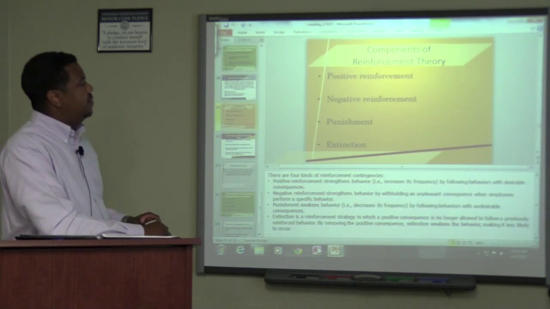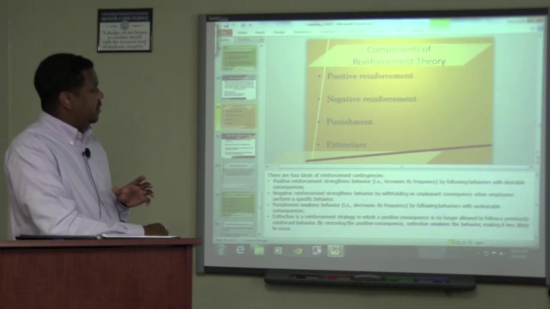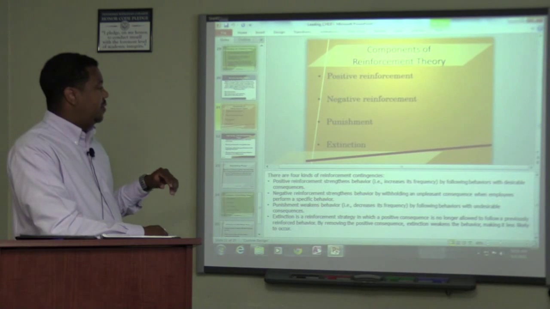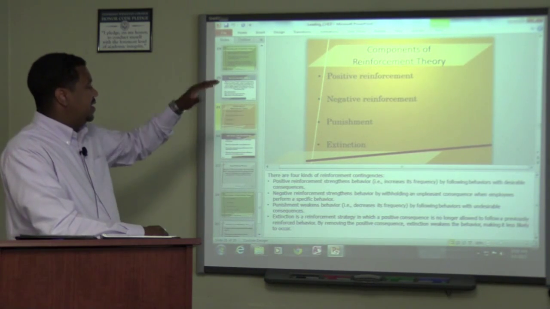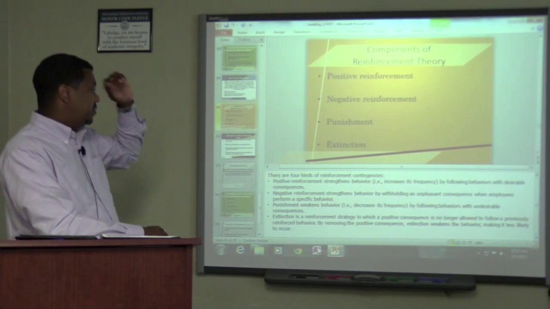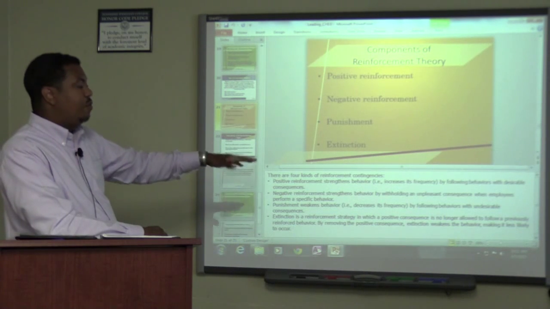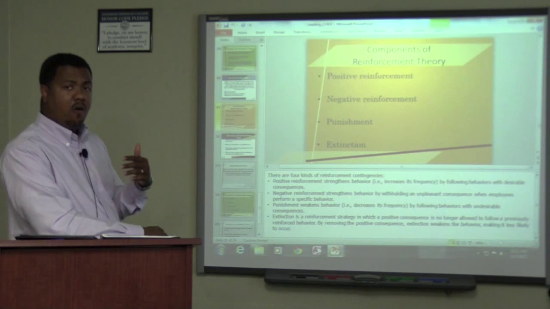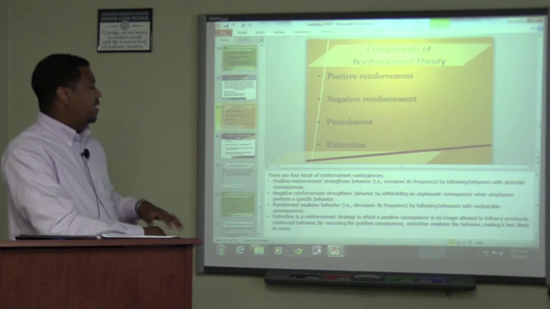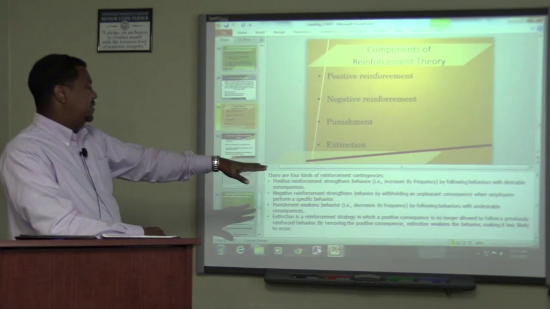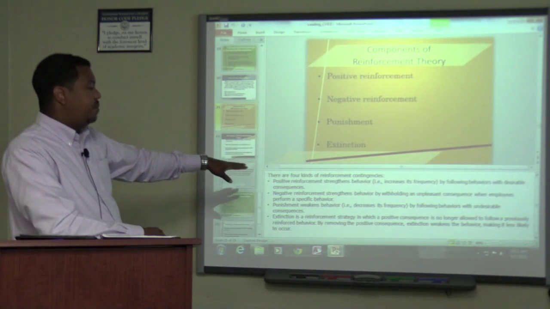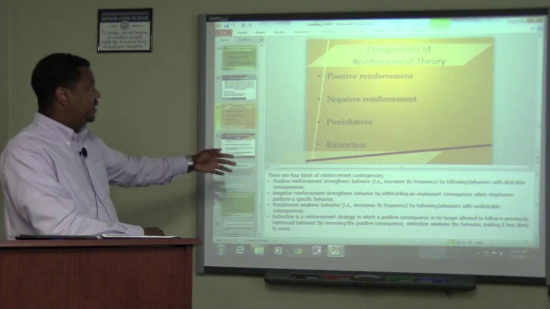So let's look at some components of reinforcement theory. We have positive reinforcement, negative reinforcement, punishment, and then extinction. Let's look at positive reinforcement. Those are the behaviors that we want to keep within our organization. We really want to see them exhibited and repeated over and over again by employees. And you use positive reinforcement by following behavior with a desirable consequence, most importantly,